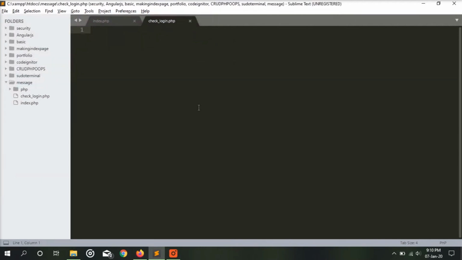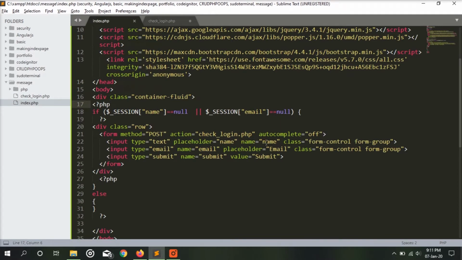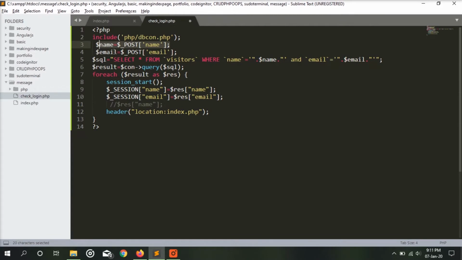The page will contain this type of code so that it will get the name and the email from the user, and it will check whether they are in the database or not. What we are doing here is a simple login check so that there will be no trespassing in the application.